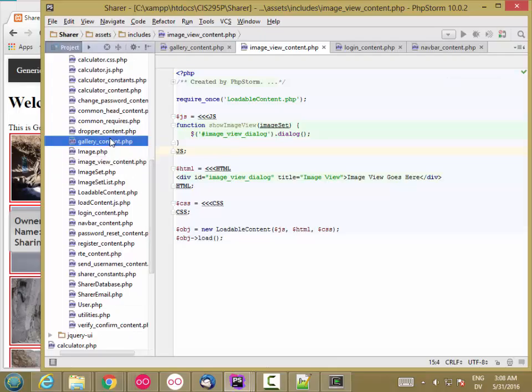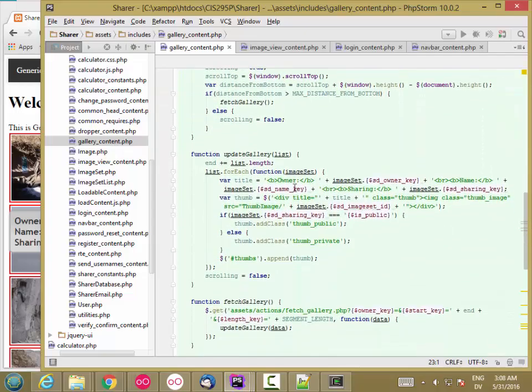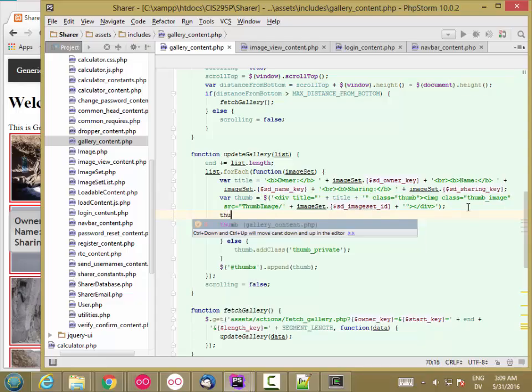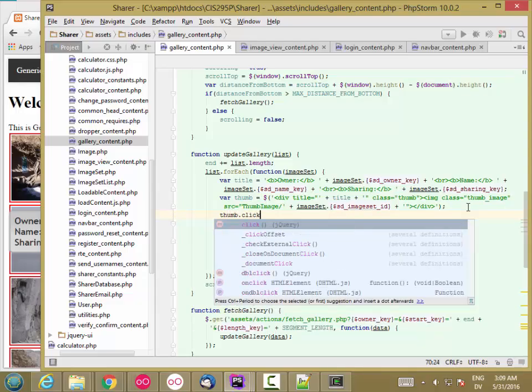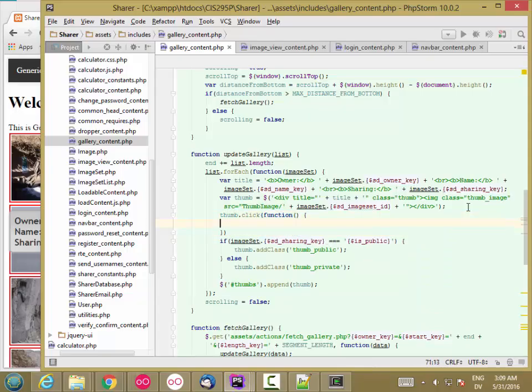So now in my gallery content, here in Update Gallery, this is where I create each thumb. And I want to add a click handler to each thumb that launches the gallery view. And so to do that, I have the thumb right here. I'm going to go ahead and say thumb.click is a function, and it's going to call